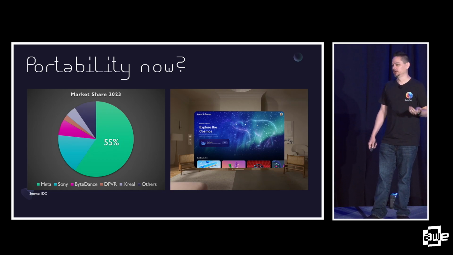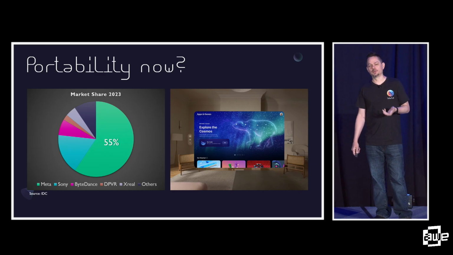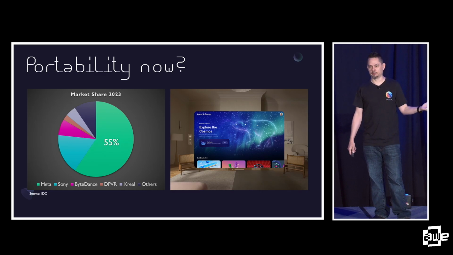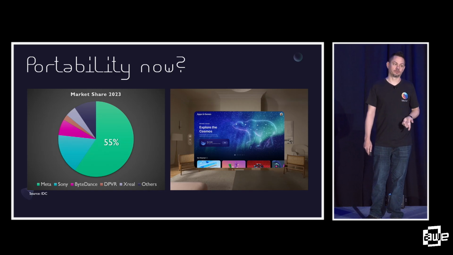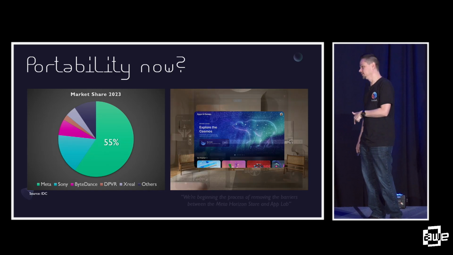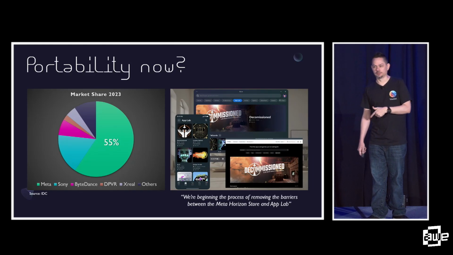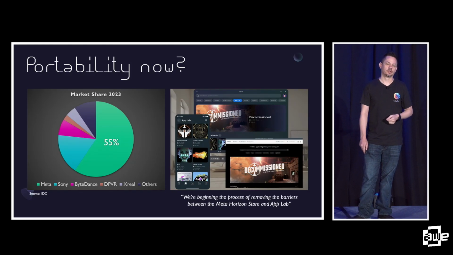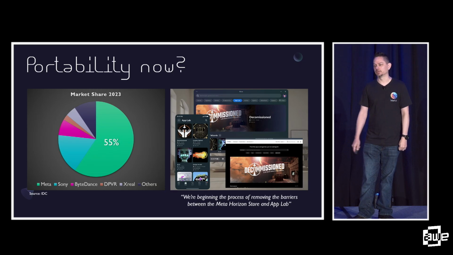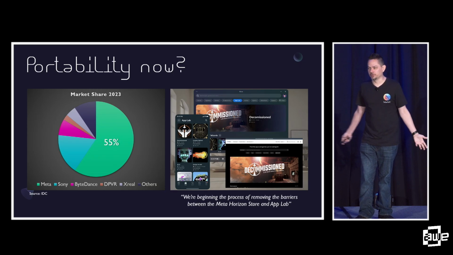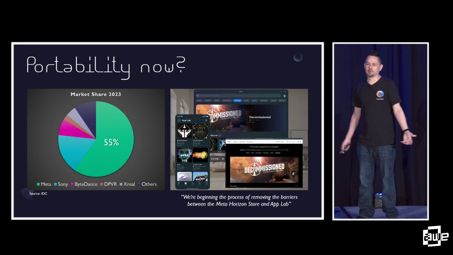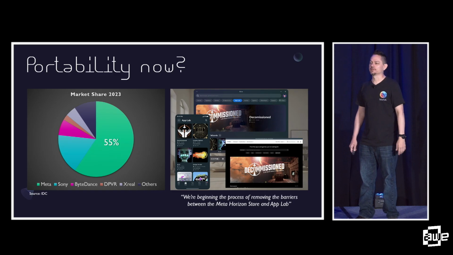But one of the really awesome things about the Apple platform is the open store. Anybody can publish in it. If you've done Meta up until now, there's this thing called App Lab. You publish to App Lab, and then apps kind of tended to die in App Lab a lot. Getting them from App Lab to the store was a very painful process. However, Meta recently said that their intentions are to take down the walls between App Lab and the store, and to get to a point where publishing into Meta is more like publishing into the App Store. When this will happen, we don't know. Signs point to maybe by the end of this calendar year, but that is their intention.